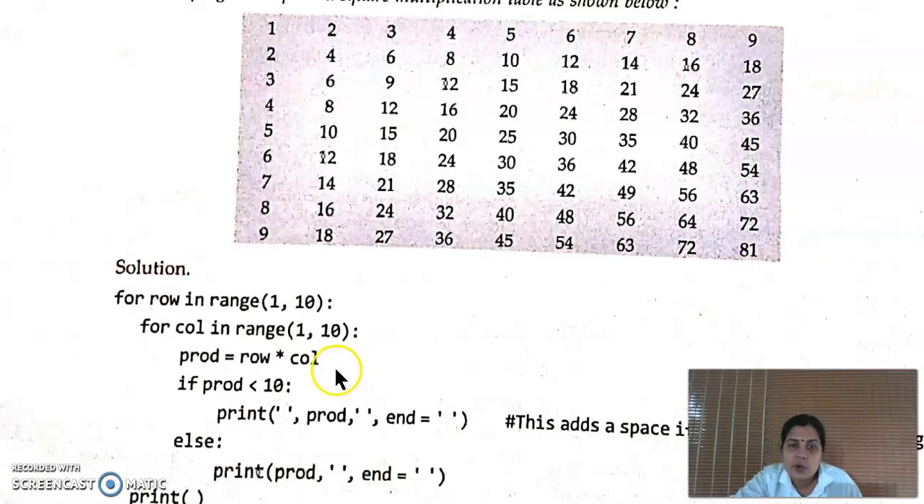Then product equals row star column, meaning 1 into 1, 2 into 1, like that. First the value of i becomes 1, then 1 into 1. Then this inner loop will work first. This is a nested loop. So 2 into 1, 3 into 1, and so on. And here some statements are used for spacing. For single digits, space is needed, and in the else case this will work. So this is the program for